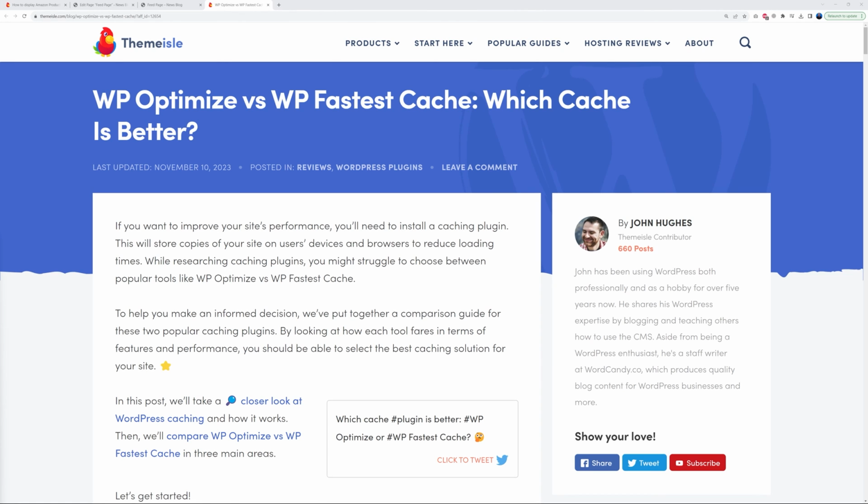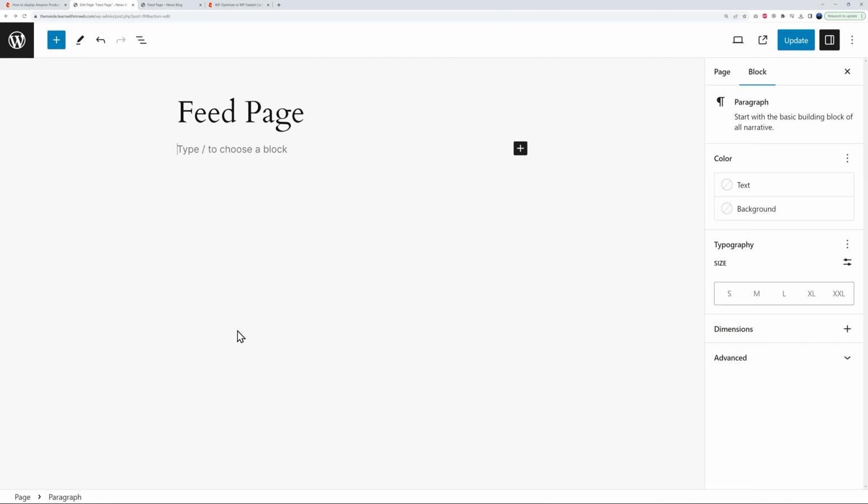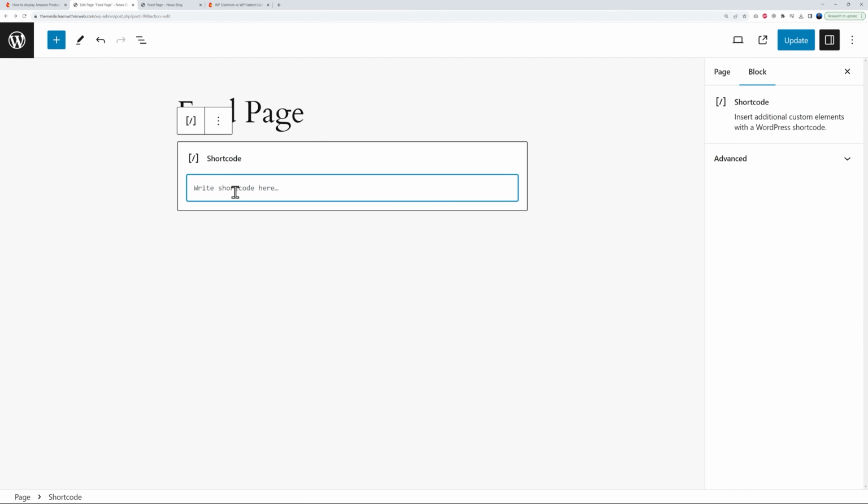Okay, so now let me show you how you can achieve this using shortcodes. So we go back to our page here. We're going to delete this one altogether. So delete. And now we're going to add a shortcode. Okay, so here look for shortcode. And now we can type the shortcode. So I'm going to leave a documentation link to this. Okay, so here we type Feedzy